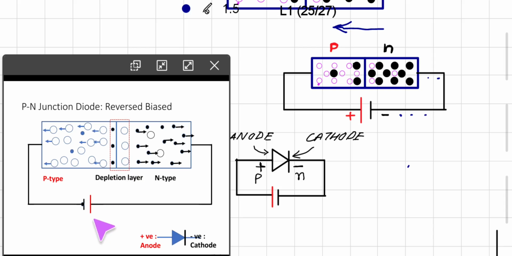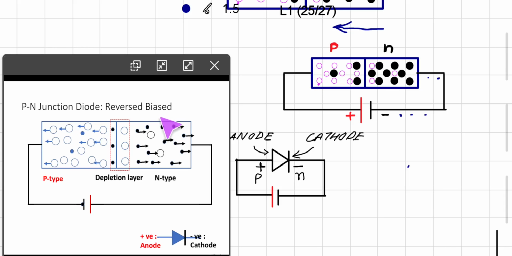So in case of reverse bias, see what is happening. The N layer is connected to positive and the P region is connected to negative. We know that there is a natural attraction between positive and negative. So all these electrons will get attracted by the positive, and all these positive holes are attracted by this, and no charges will transfer from the P region to N or N to P region, and so the current is very small, almost zero.